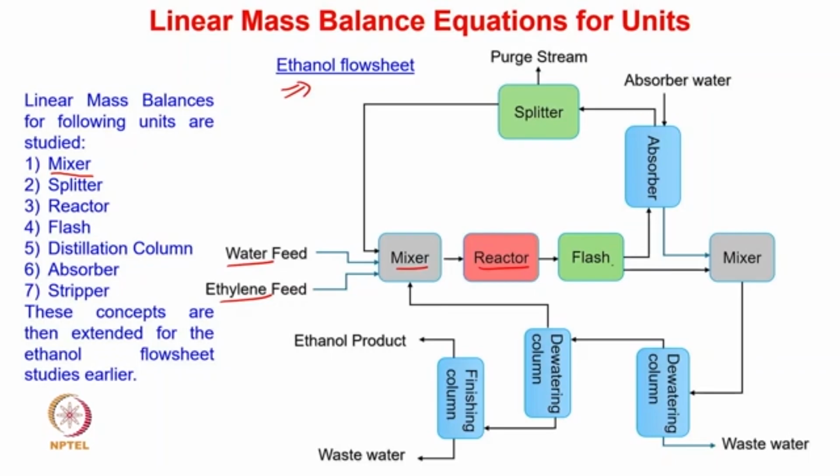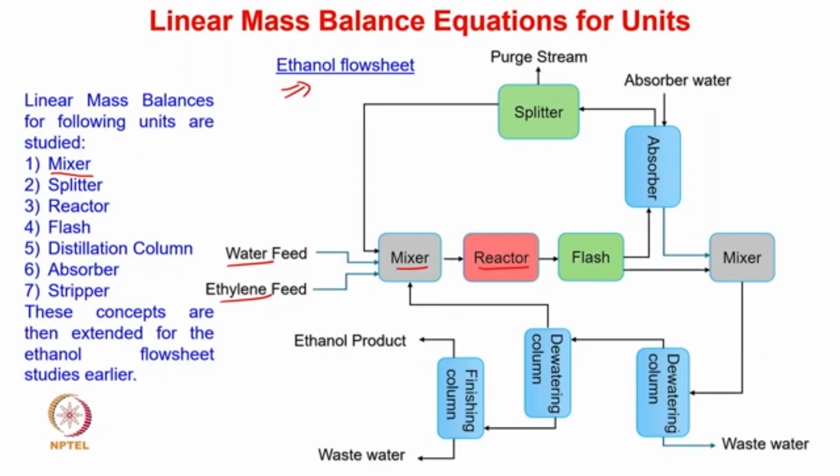So this vapor coming out from the flash unit is again sent to the absorber unit, where the ethanol is absorbed by the water. So this absorbed water with ethanol and other components are then sent back to the mixture, where the liquid stream from the flash and the water rich stream coming from the absorber is also mixed,